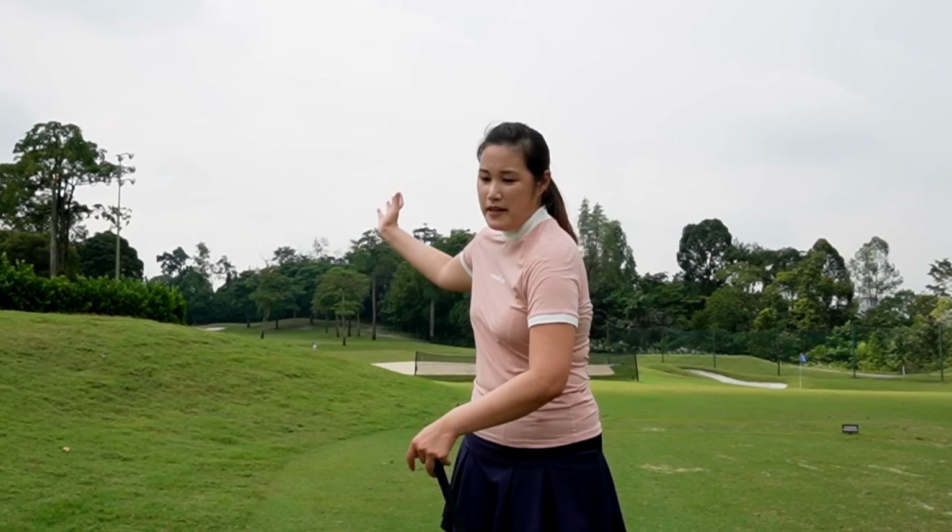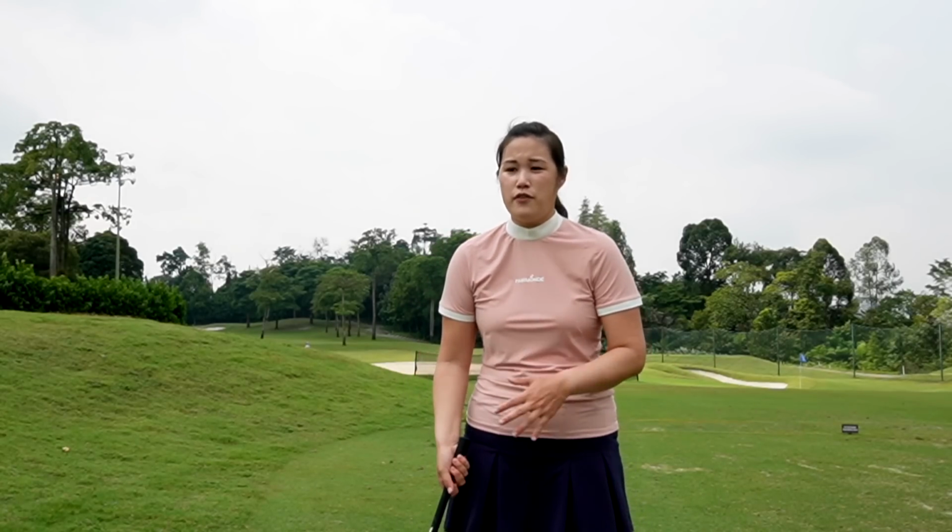So when you're on the driving range, I always advise golfers to actually spend some time working on the drills, do it slowly, do not rush it through, try to train the muscles. So when you go on a golf course, it should happen naturally, okay? On the golf course, I suggest you just only have one swing thought. It could be anything. For me, it could be just a weight shift, or it could be the hip turn,